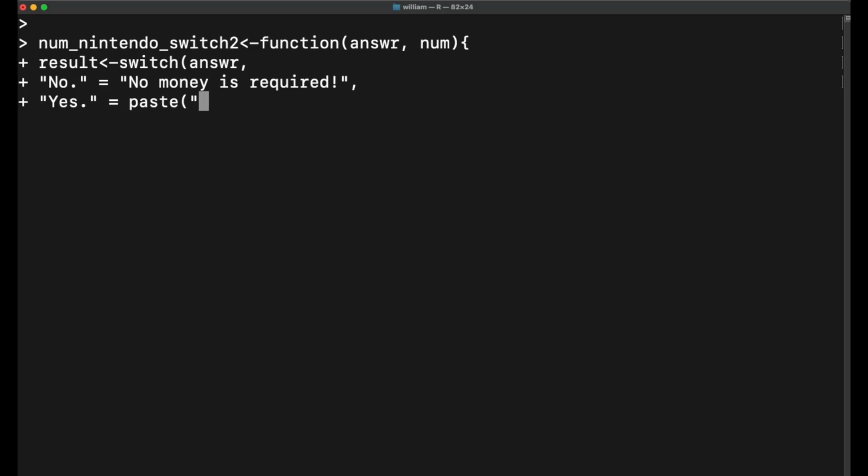We're going to do paste("You need to have at least $", as.character(44.99 * as.numeric(num))), because when the user inputs their value, it's going to be converted to a character. So we're going to do 44.99 star as numeric